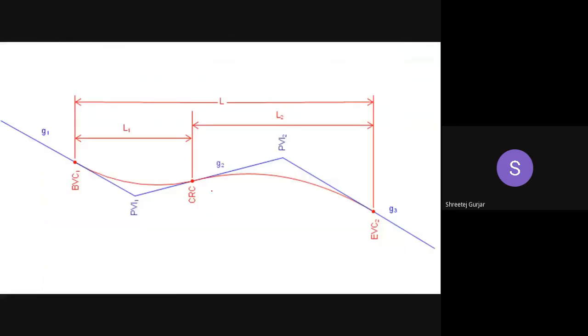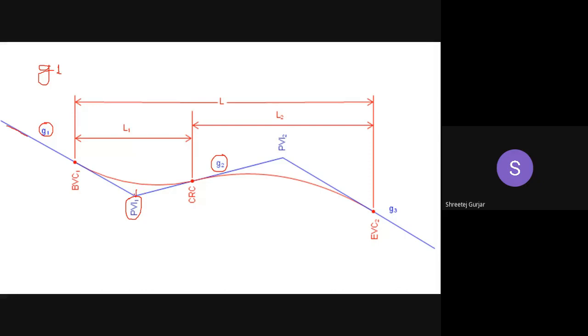In this image, you can see clearly how we have explained the gradients. This is gradient number 1, which we represent as G1. This is a downward gradient, you can see it is going downward. This blue line goes from here up to this change point, the point of vertical intersection, PVI. At this point, the gradient changes to the upward rising gradient G2. The first one was a falling gradient, the second one is a rising gradient, and these two are meeting at the first point, PVI.